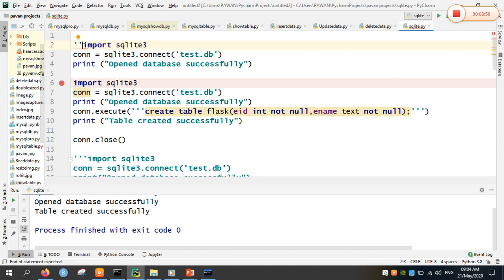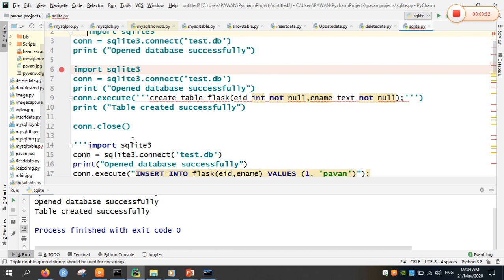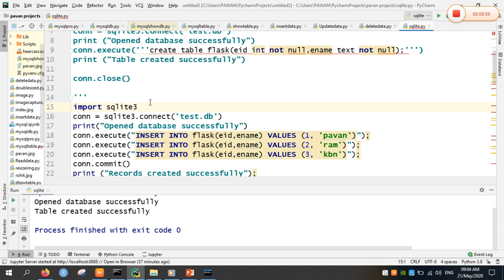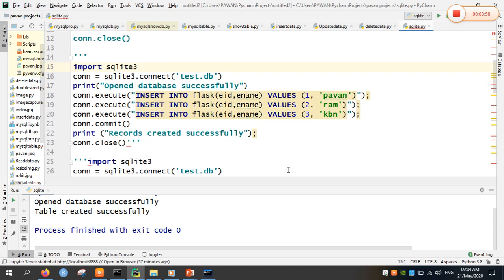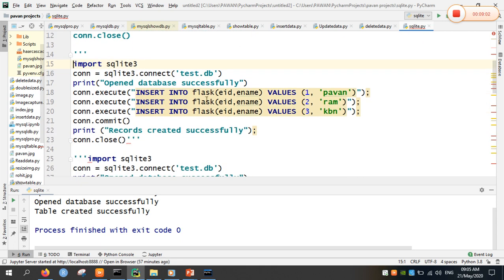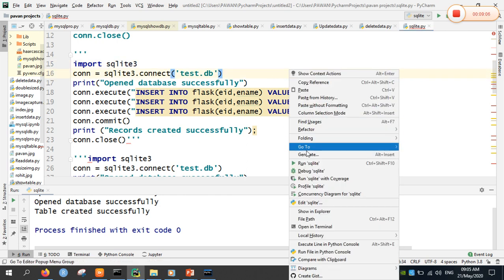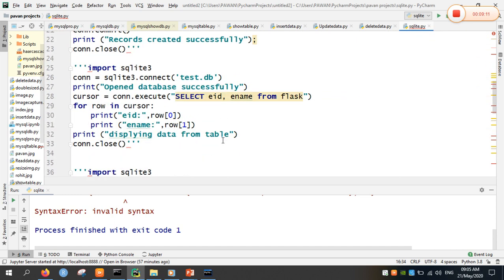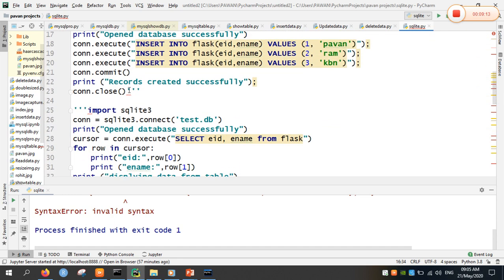Now let me highlight this. Now coming to the next one, how we insert the data. After creation of the table, I am going to insert the data into the table using the insert command. The same we follow in MySQL also. So there will be a syntax error, I think. We have to close now.